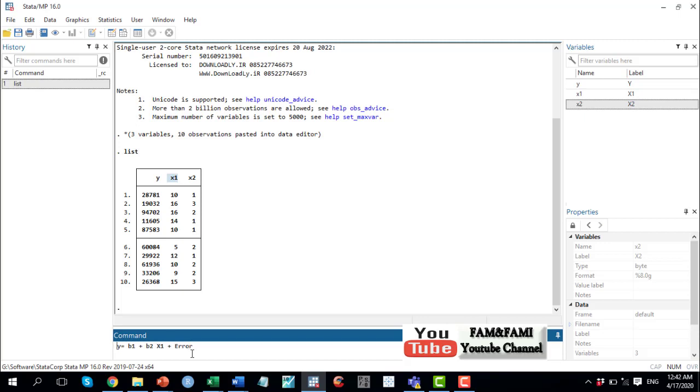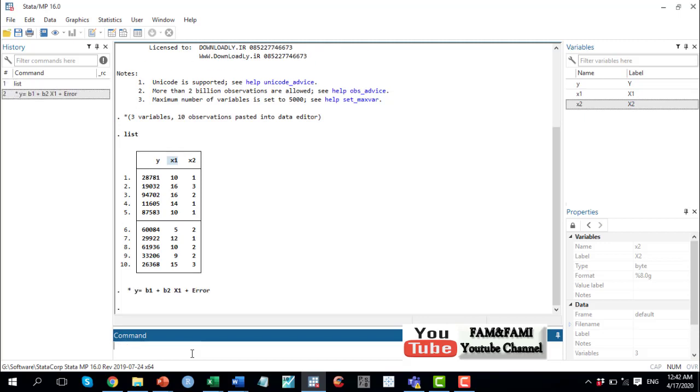So I'm putting a star to let Stata know that this is a remark or a comment. Comment means Stata will not read this command, it will display it as it is. Otherwise, because this is not a Stata command, Stata might have produced an error if we don't use this star sign.